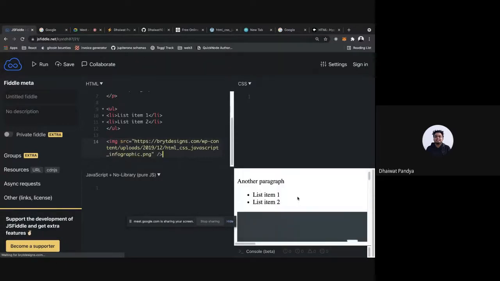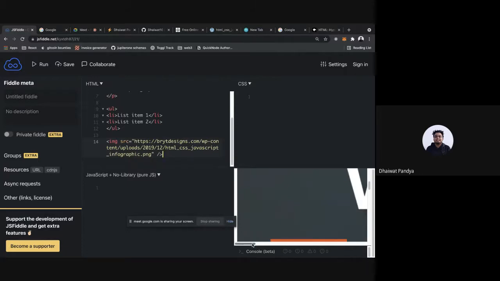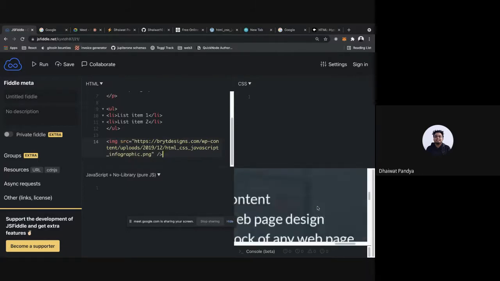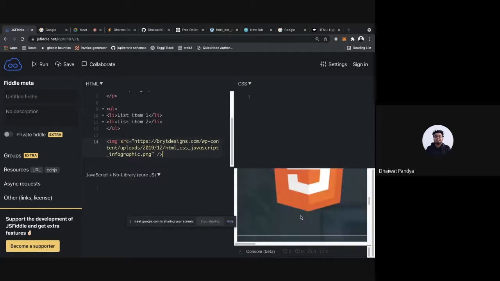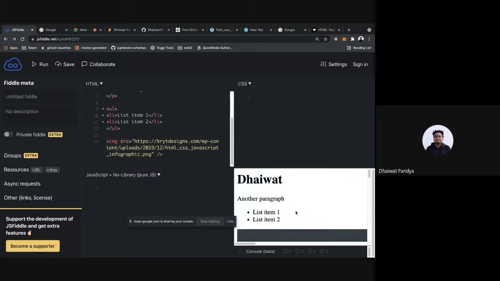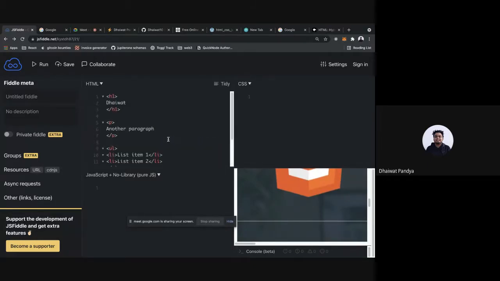There you go. Like someone asked that, how can I make the image fit in on all screen sizes? As you can see, it does not fit in at all by default. So that's where CSS will come in. I'm sure Miral will show you how to do it. Okay. So yeah, this was just my point. Try adding anything to it.